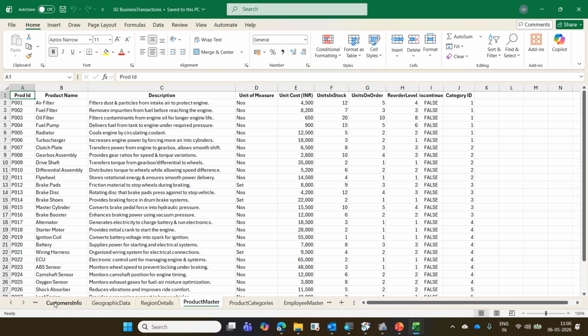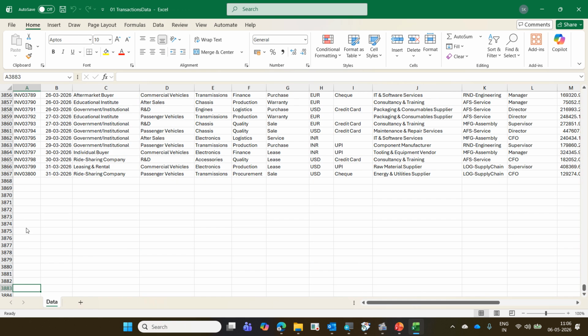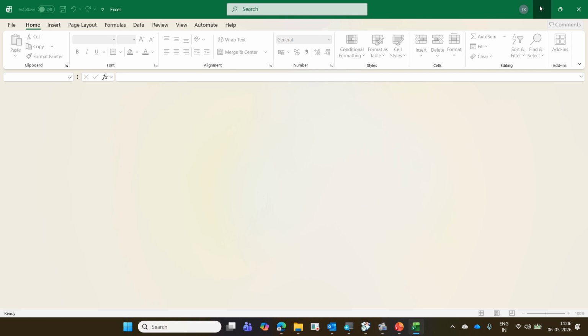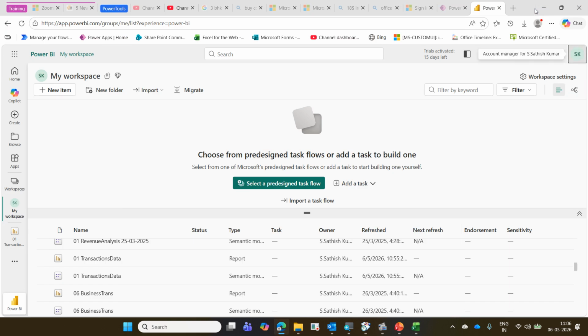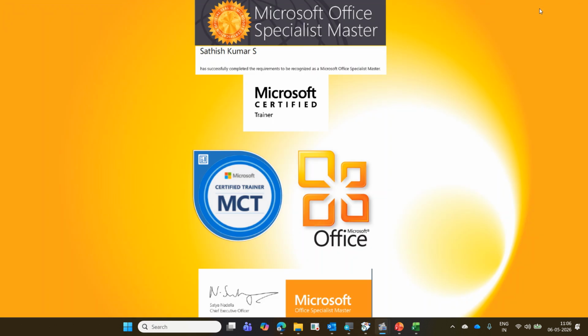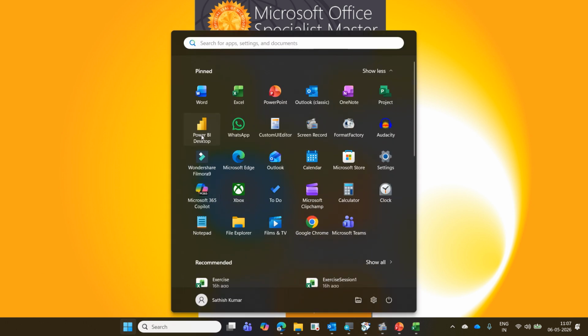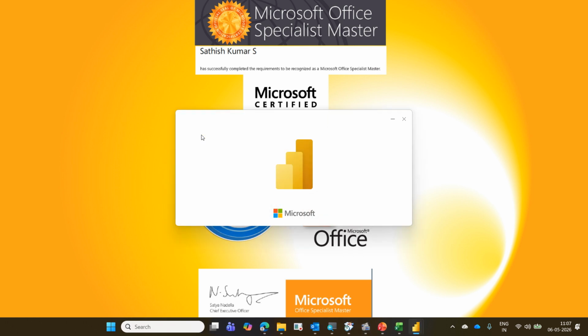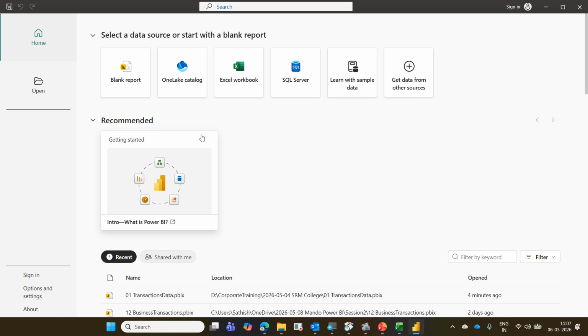Now I'm going to close the file. How do we close the Excel file? Control W. Very good. Close the Excel file. Now open Power BI. Once again, be with me. Please do practice parallelly. Any questions, queries, stop me, ask me there itself. So let me open Power BI Desktop. This is the most powerful feature in Power BI: from multiple tables, multiple files, multiple sheets, we are going to create a report.